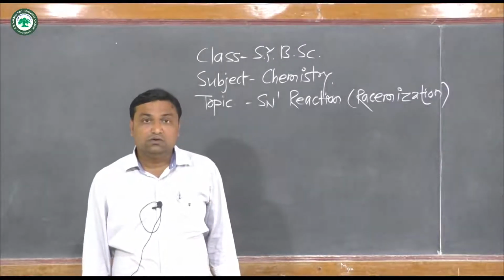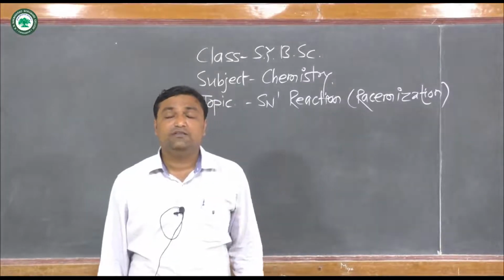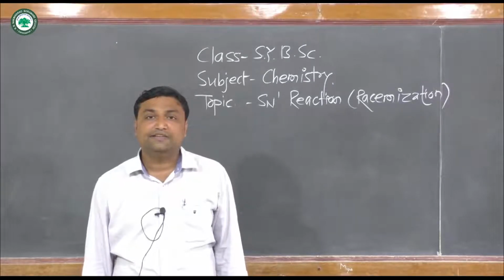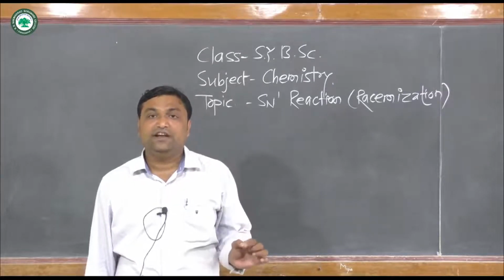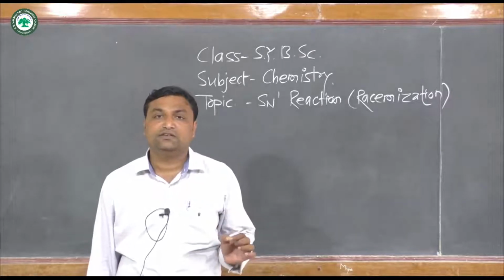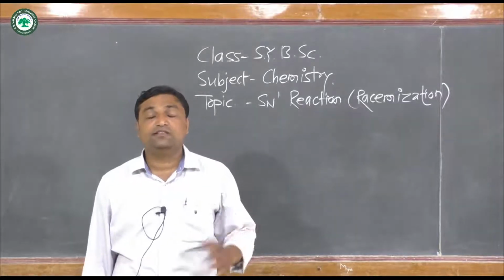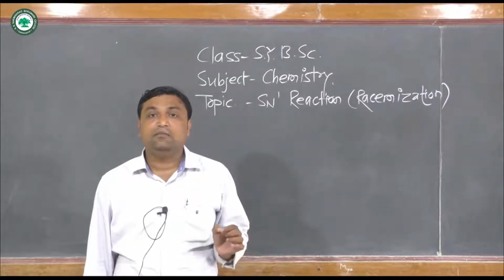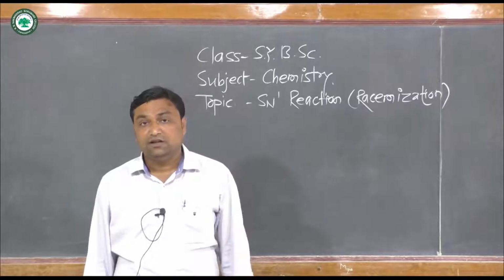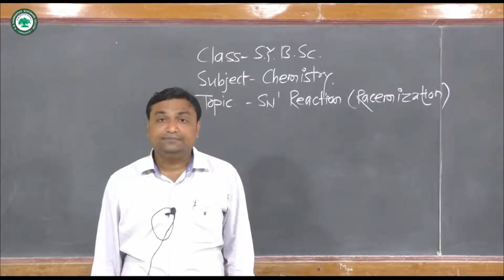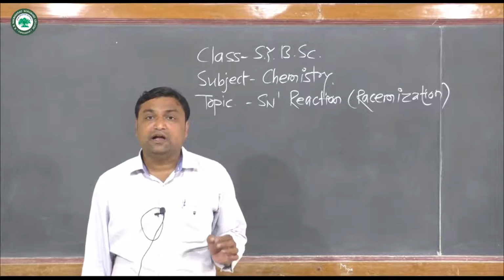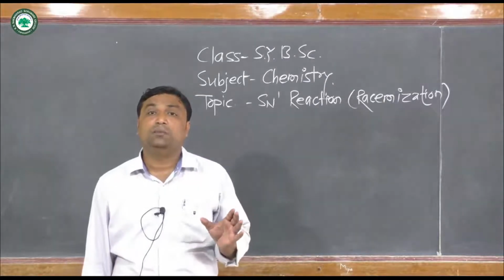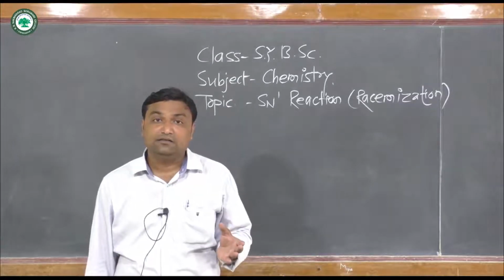Now, we are all aware that we have already studied the aliphatic nucleophilic substitution reaction and its types. In our previous lecture, we also studied the reaction and mechanism of the SN1 reaction. In that reaction, we know that it proceeds via two steps. The first step of the SN1 reaction is nothing but the formation of a planar carbonium ion.